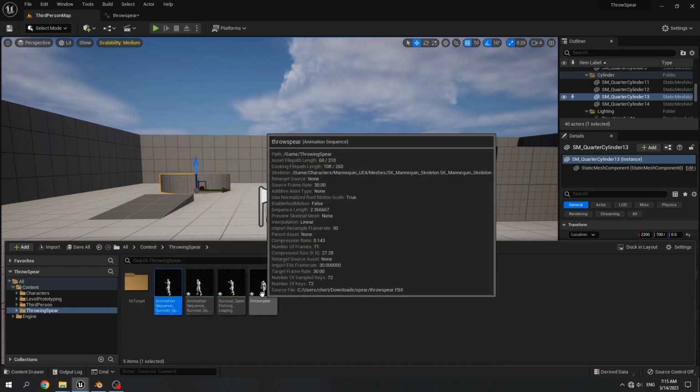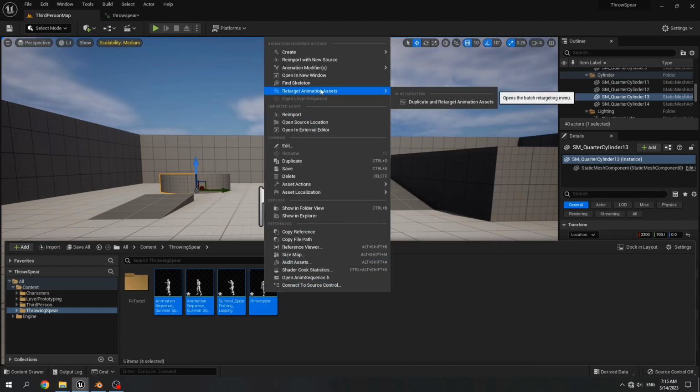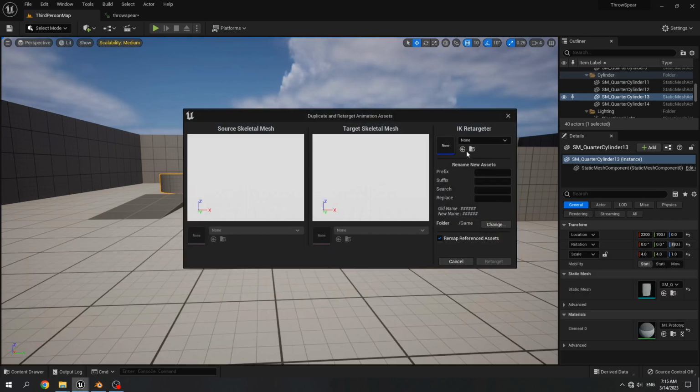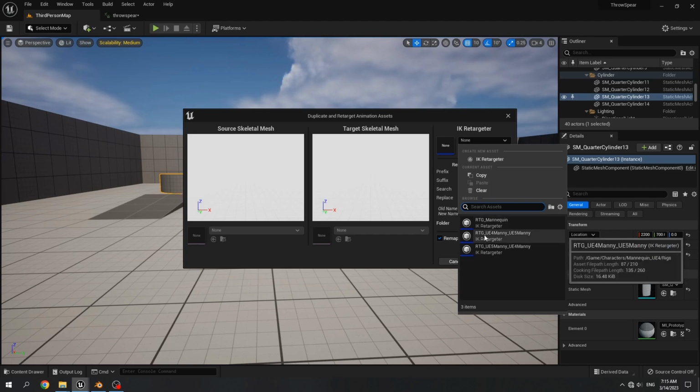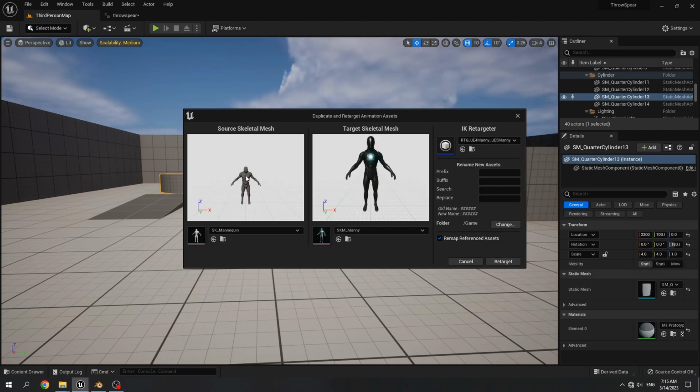Select all the animations, right click, retarget animation assets, duplicate and retarget animation assets. Choose the OTG UE4 Mannequin to UE5 Mannequin, because we want to retarget the skeleton mesh from UE4 to UE5.